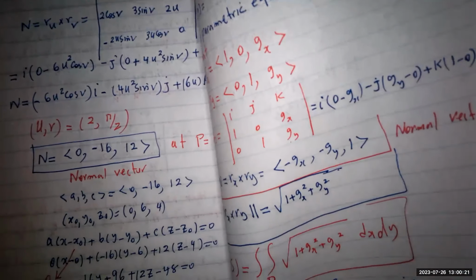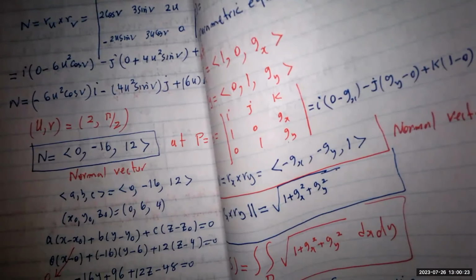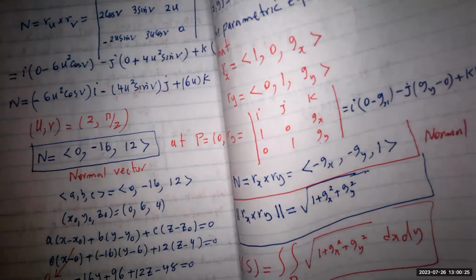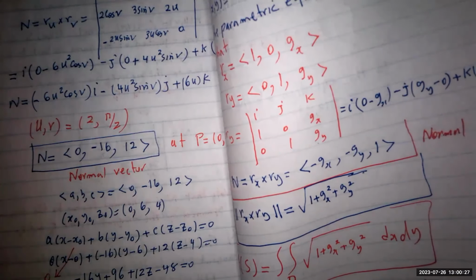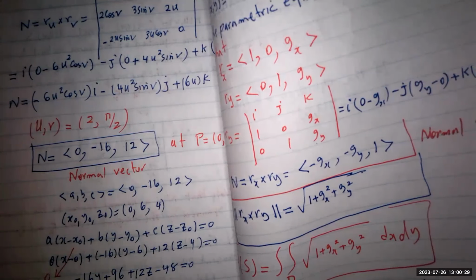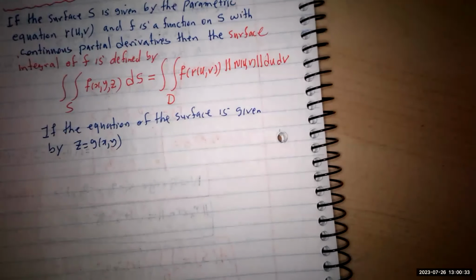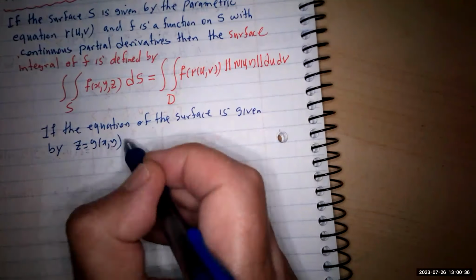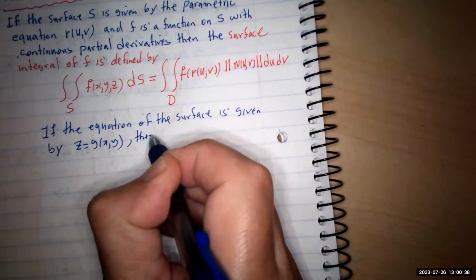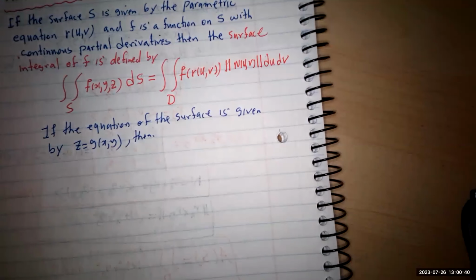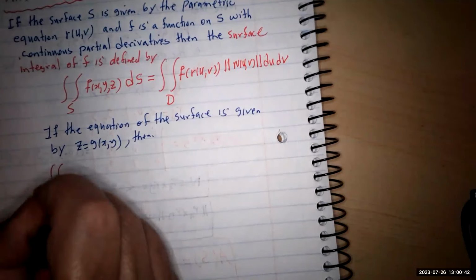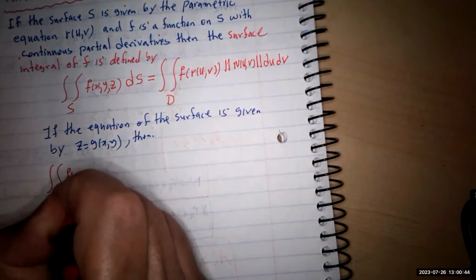You see that is going to be the case, that the norm of the normal vector is the square root of 1 plus the partial derivative of g with respect to x squared, plus the partial derivative with respect to y squared. So if this is the case, then your integral is going to be this one. And this is usually used for those scalar parts. So the surface integral,